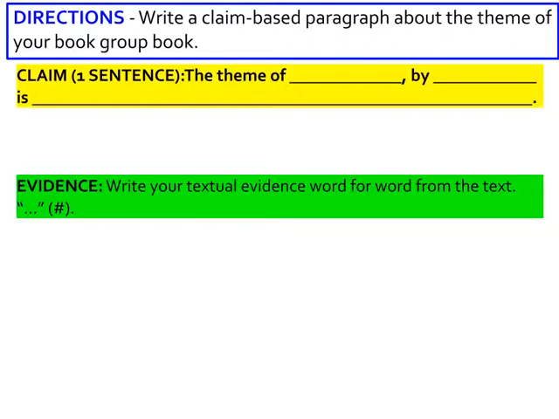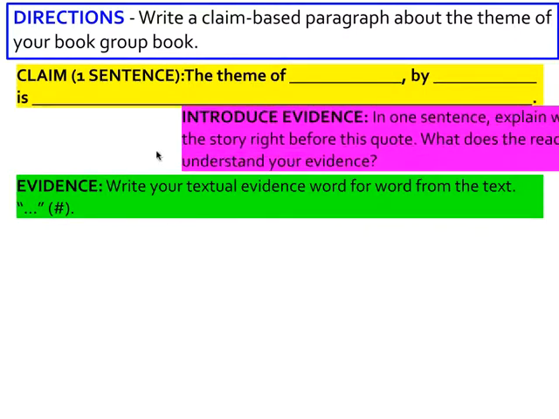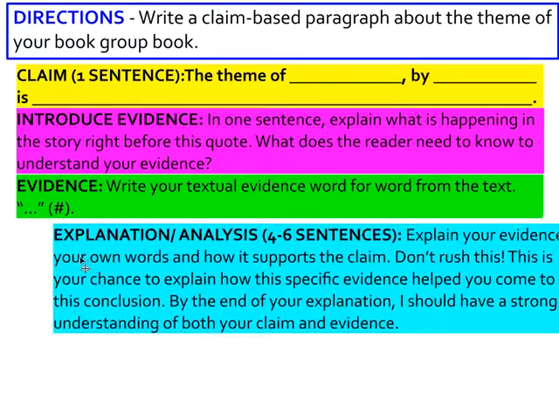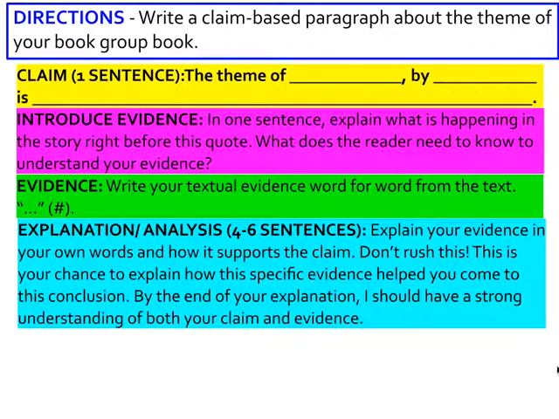So here's your job. You're going to write a claim-based paragraph about a theme of your book. You already wrote your claim yesterday, and hopefully before you left yesterday or at the beginning of the period today, you had a chance to come up with 3 pieces of evidence to support your claim. What you're going to do now is you're going to choose the best piece of evidence that you worked on yesterday with your group that supports your claim. The theme of blank by blank is. So now what you need to do, once you've chosen your evidence, you're going to write an introduction to evidence. You're going to write your 4 to 6 sentence explanation. And you're going to finish it all up